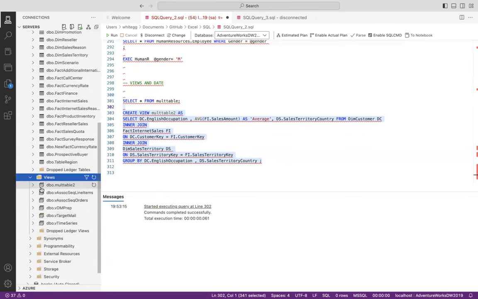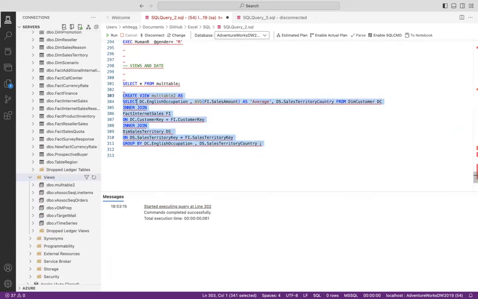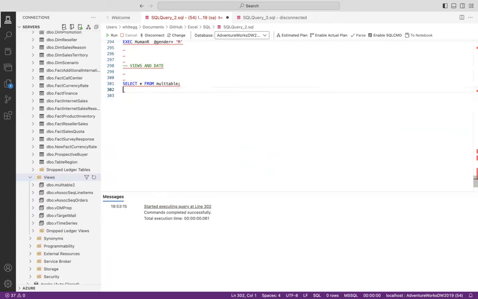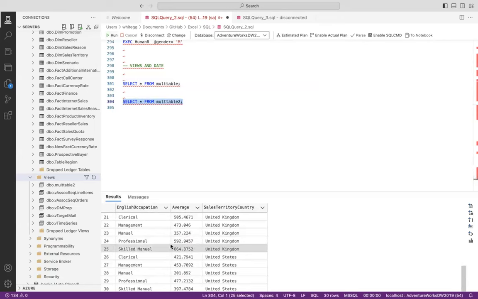Can you see? I have multi table 2. So if I get rid of this now, I keep saying 1, 2, I have 3 tables being joined together. So if I get rid of this and I say, copy this, paste here, then put mult 2, then you can see that I now have the result of combining 3 tables in my database in just one